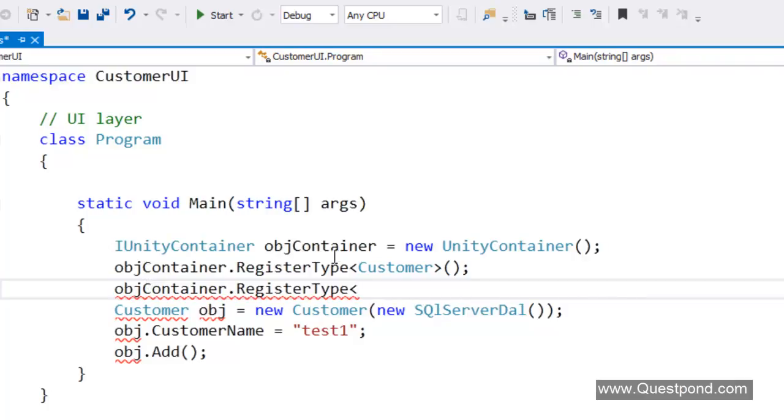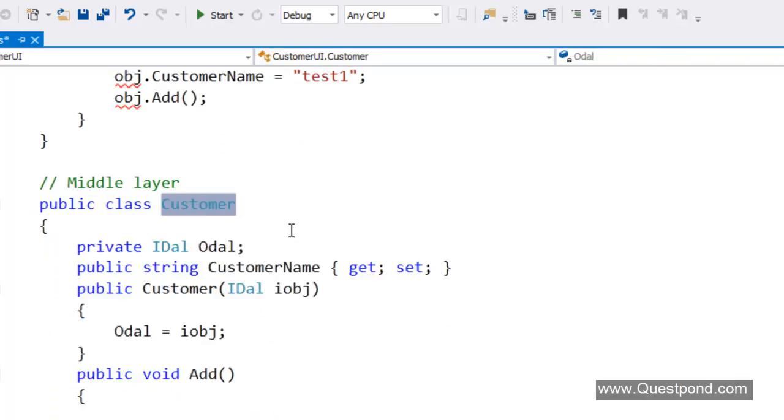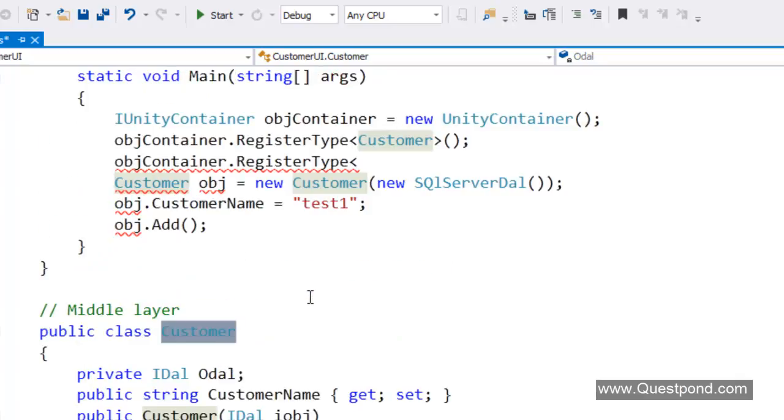Now remember, there are two kinds of classes or objects. I'll say one is your main class like customer. So when you register a customer class, actually there is no dependency injection happening on the customer class. But remember, when you are registering a SQL Server class, or when you are registering an Oracle class, that's what is actually going to get dependency injected. In other words, those are the dependent objects. So when you are registering objects which are dependent on each other, on which the actual dependency injection is going to happen,